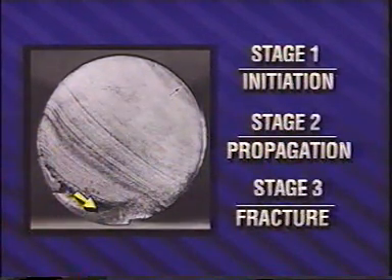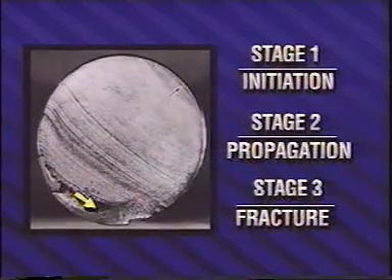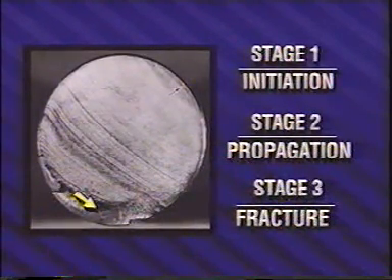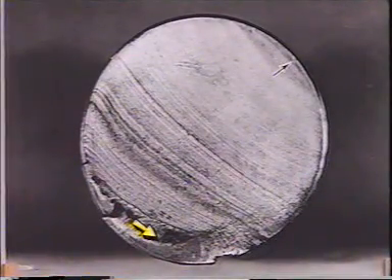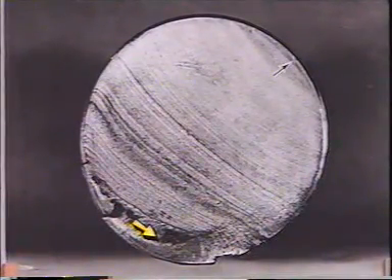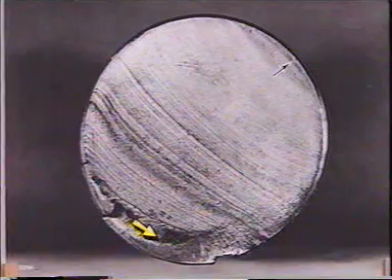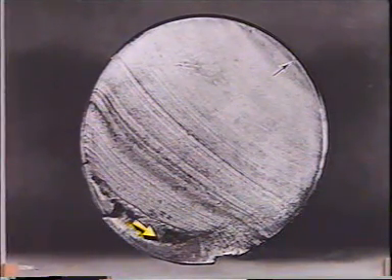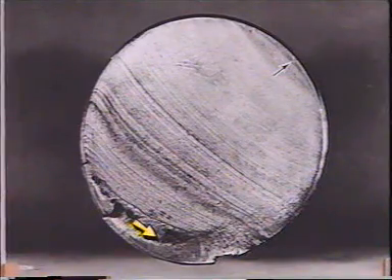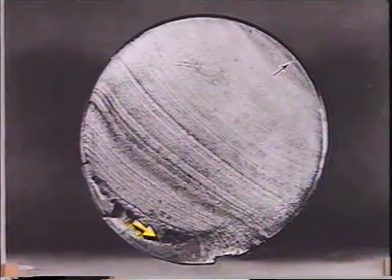The final rupture stage is not really fatigue at all. Stage 3 is simply fracture, the last load application by which complete separation occurs. This final rupture may be either ductile or brittle, depending upon the properties of the metal. The importance of stage 3 in the analysis of fatigue fractures lies in the observation of the size, shape, and location of the final rupture. Size, shape, and location help identify the type of stress, its direction, the relative stress, and the strength of the